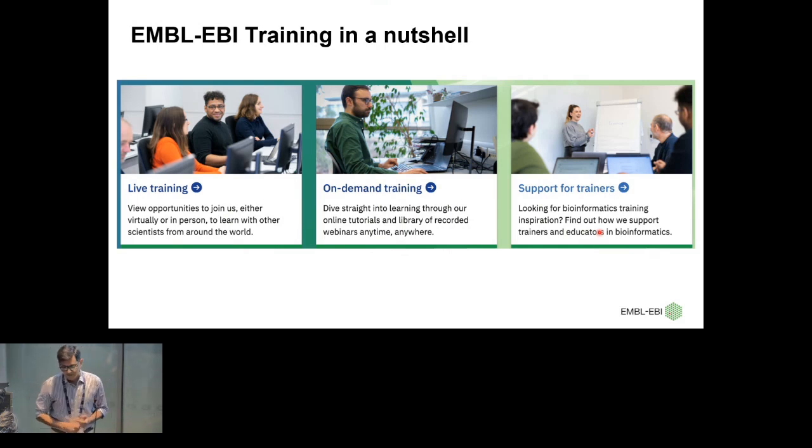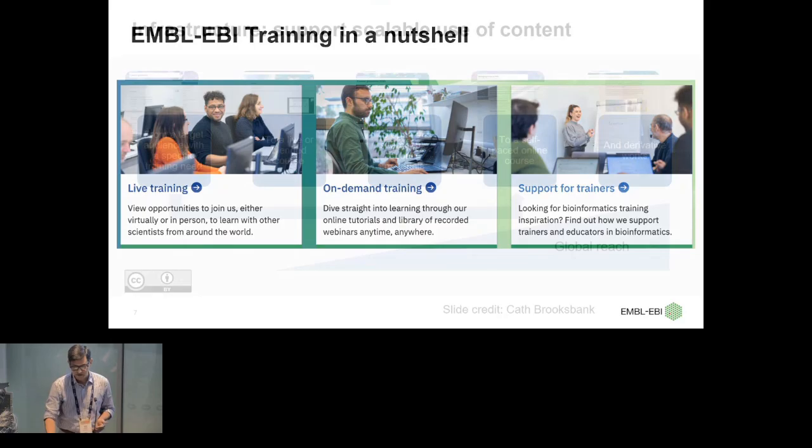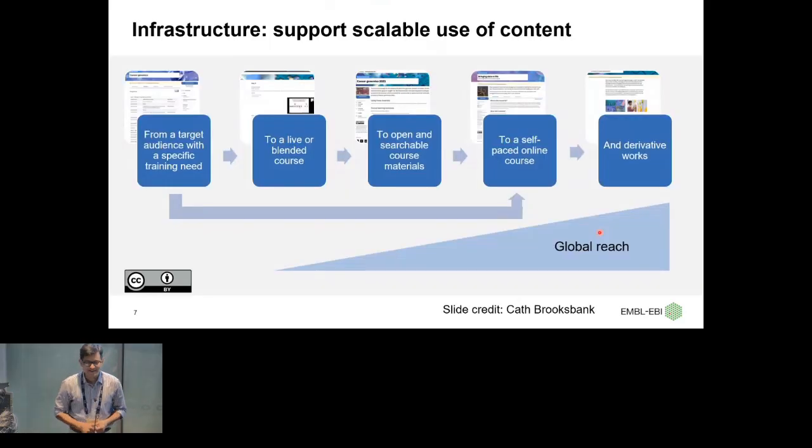But having said about the shiny websites, it's not always about shiny websites. It also has to have very good functionality. So when the website was being created, now I have stolen, well, rather borrowed this slide from Kath. When the website was being created, we put a lot of thought into the infrastructure, which could support scalable